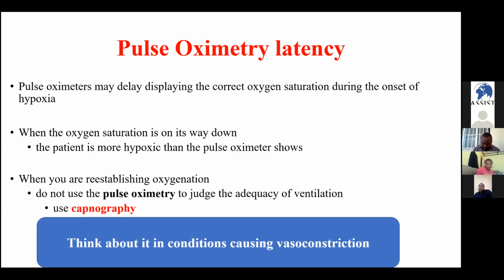In conditions where the patient has peripheral vasoconstriction, this probe may be delayed in getting the signal of the real numbers of oxygen saturation, like in settings where you are